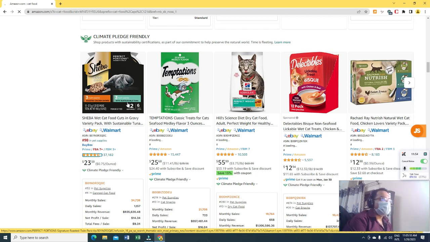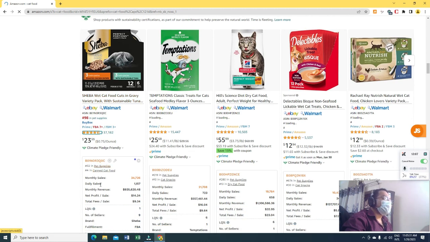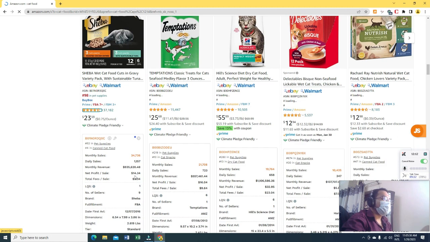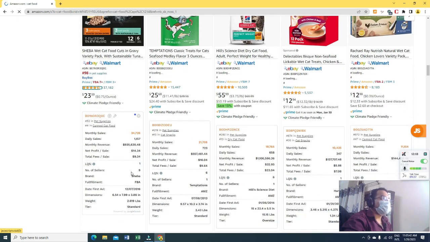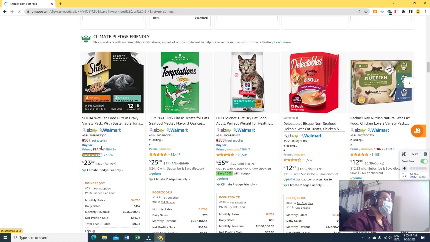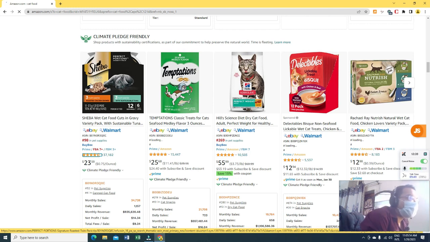I'll repeat it. As there are FBA and FBM sellers, that means it has a buy box rotation. You have the buy box here. It has daily sales of 1,000. Very good. BSR under 50,000. Very good. Okay. FBA 4, FBM 3, very good. No Amazon. Standard weight, size, dimensions, and all of those other aspects. And see, who are over here. So this is how you hunt a product in Amazon online arbitrage without tools.